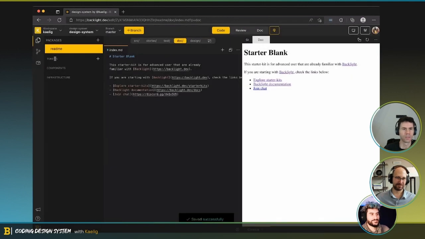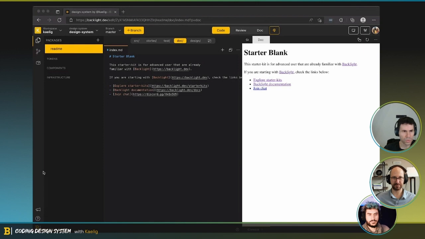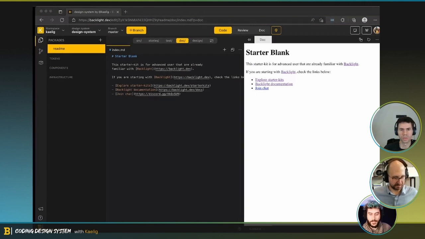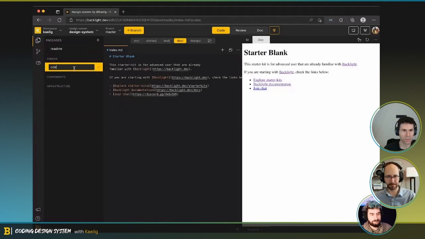Saving. It's all good. So I think right away I'm gonna jump in and do a bunch of tokens. Sounds good. Yeah, we have a few colors. You did send a few design tokens. Let me put that on my second screen so it's easy. So you already have a few colors set up. So I'm just gonna do a new tokens, and I'm gonna do some colors.